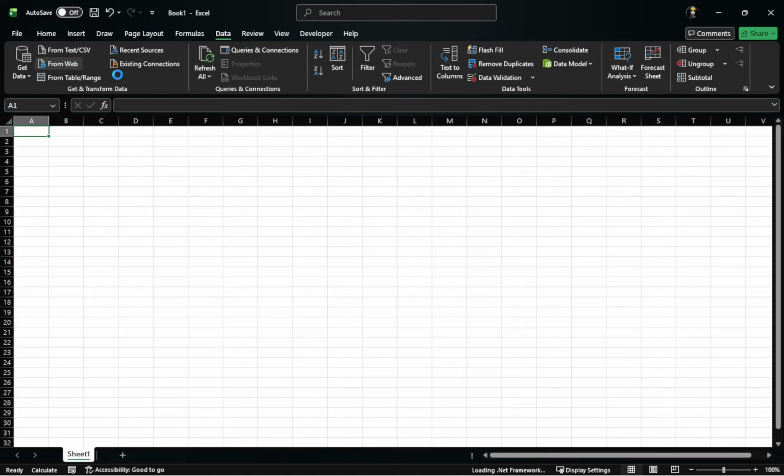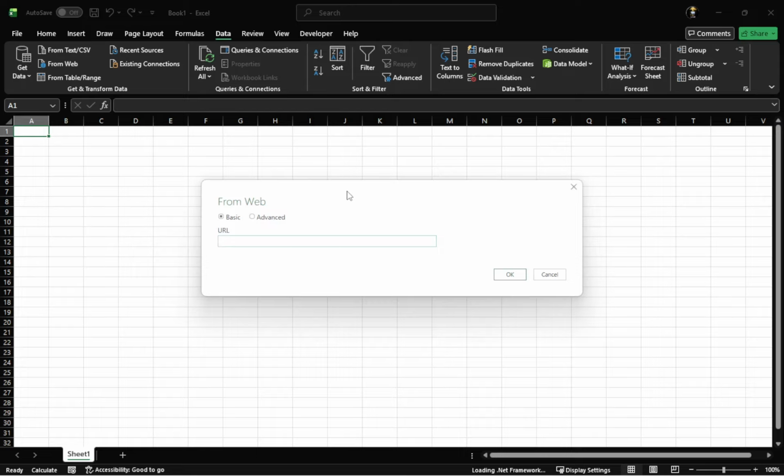In some Excel versions, you will not see From Web straight away. In that case, follow the path Data, then Get Data, then From Other Sources, then choose From Web from that list. Each of these opens a small menu, so move your mouse carefully and click once on each option. If you accidentally click a different source, such as From File, just close that window and repeat the path until you see From Web. After that, Excel will open a small window where you enter the website address.